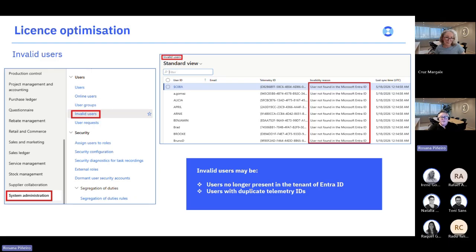IDs. These invalid users may have roles assigned to them, and they require licenses, and they do appear in the PPAC licensing reports. These users will appear in the PPAC report only as a GUID. They do not have the user ID, so it's very important to determine what those GUIDs are, to which users they correspond, so that they can be regulated and not be included in the licensing report, generating license requirements.